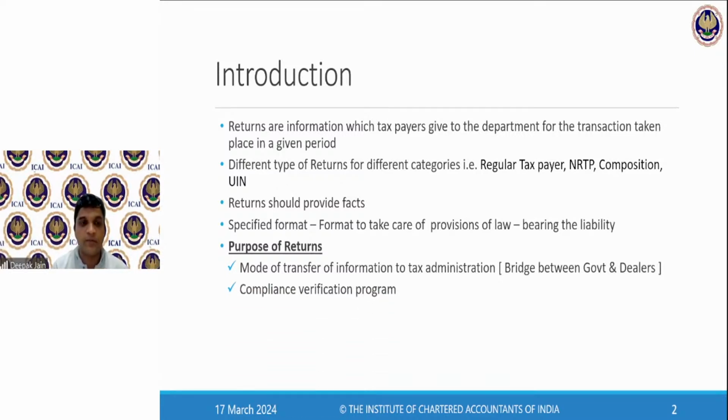and it provides a chain from where the further proceedings happen. Second, it's a compliance verification program so that the taxpayer is bound by some verification which will happen on a periodical basis. If it is not there, then what will happen? It will be lethargic and you will report it whenever you feel like. But this return will make this a new verification tied to the taxpayer.